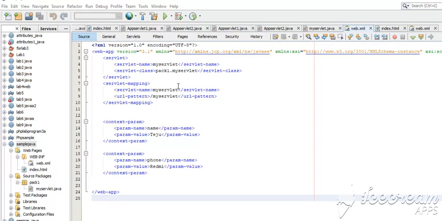For example, if you want to specify username and the password, or if you want to do any initial values, where will you do it? Normally we do this by using one XML file in which you can mention some initial parameters. You can use those parameters in your code. For example, here I have mentioned my name and which phone I am using. The way you can do that is by specifying the tag called context-param. In this you can specify two things, a name and the value.